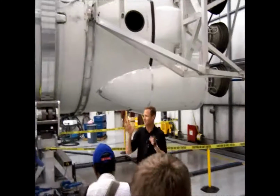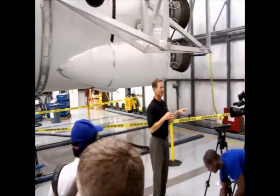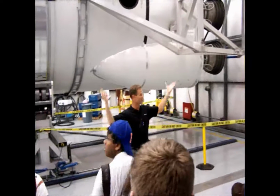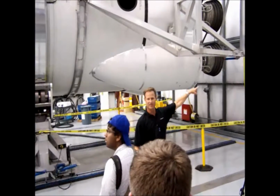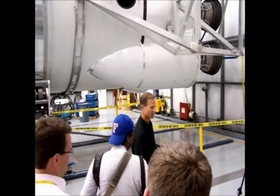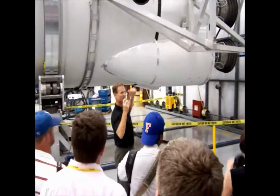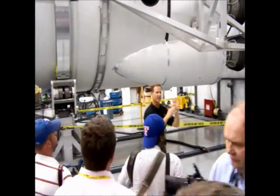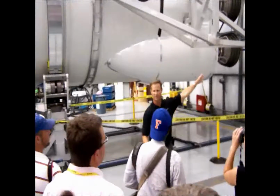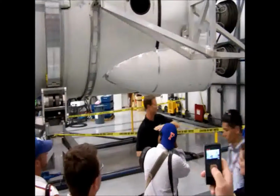So about 99% of its life is spent here in this air-conditioned hangar, and it only goes out to the launch pad on launch day when we use these 2 20-ton cranes to lift up the whole rocket, and we drive that transporter erector that you just watched out there in. Those rails that you were walking along are right now under these aluminum platforms. We'll drive that erector in, lower the rocket on, bolt it in, roll it out, and go vertical. All that takes 12 minutes to roll out. We've got some connection time to hook up the fuel and oxidizer, and then it takes about another 10 minutes